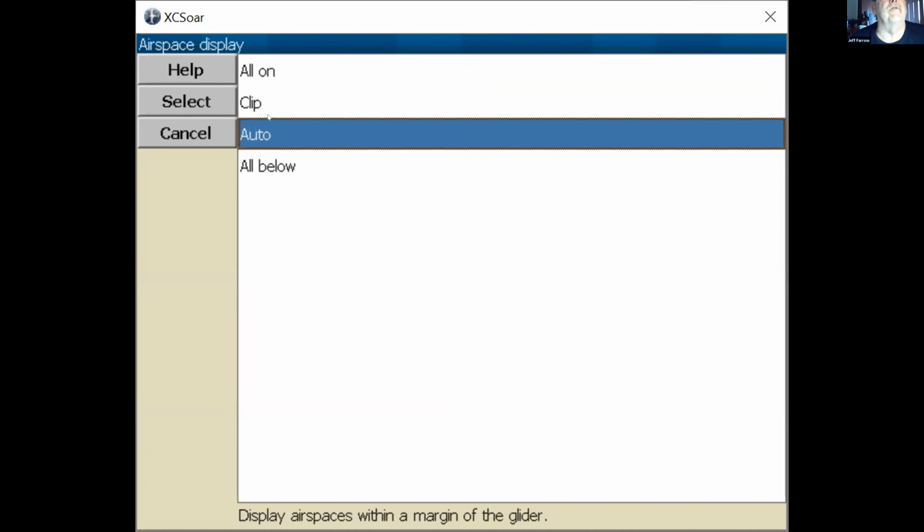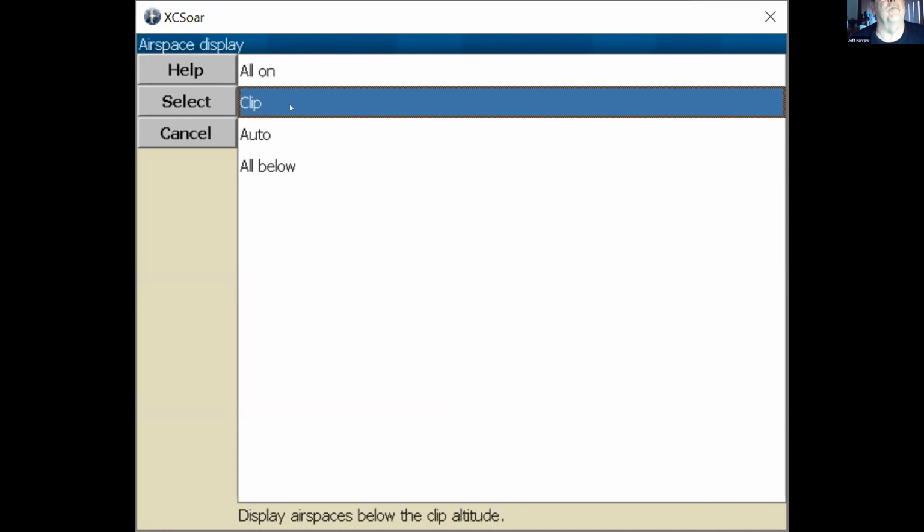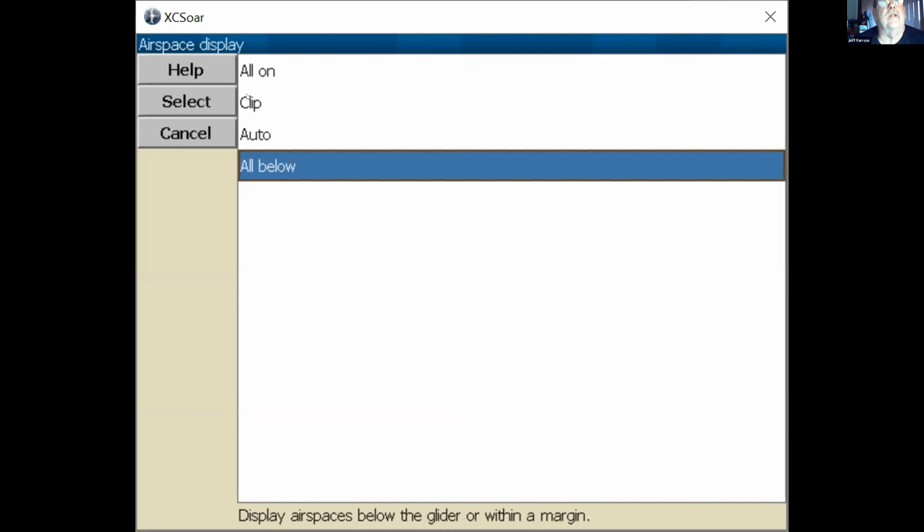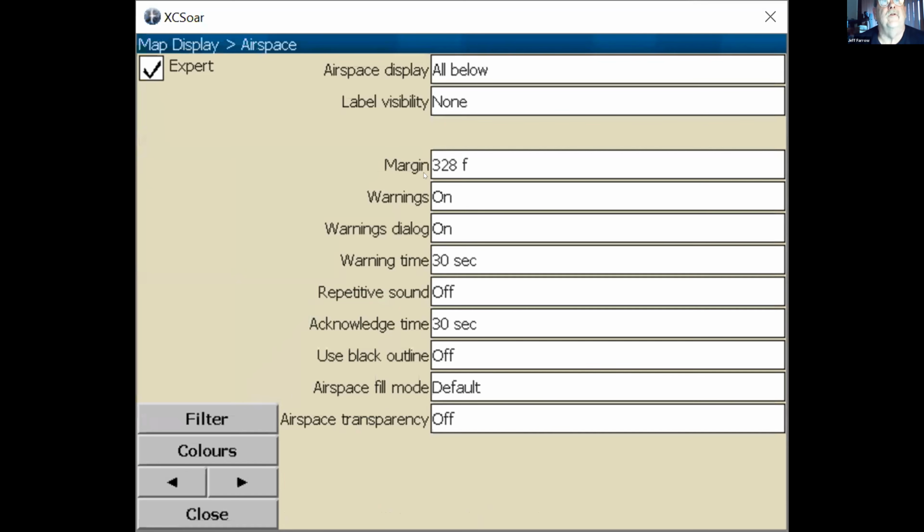Clip is everything that comes on within a certain threshold, a certain height from you. Auto comes on as you go into it. All below is clip. Everything below plus anything you're going to come into within the threshold. And that's the one I tend to use, but everyone could have their own.